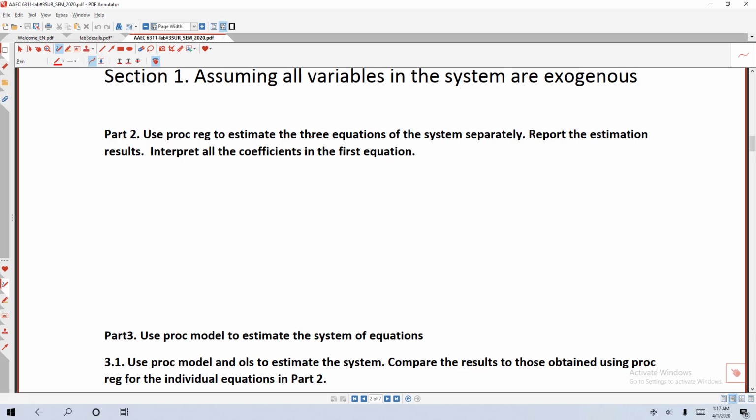So use proc reg to estimate the 3 equations in the system separately, and report the estimation results. Make sure that you do a table, I would say. So, use a table here. You can use a table